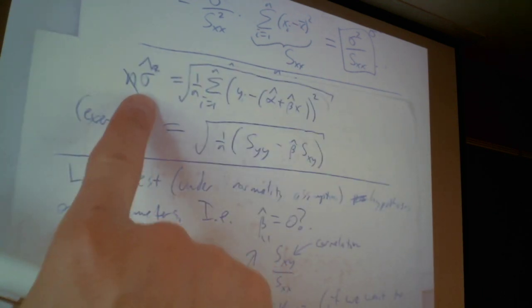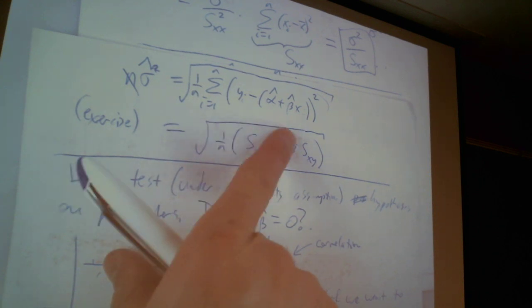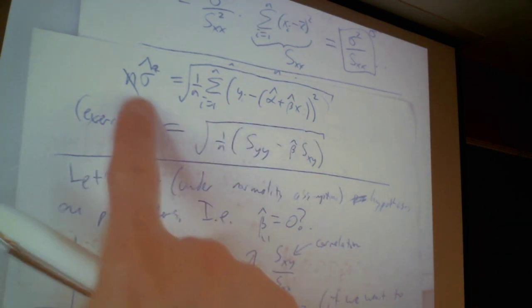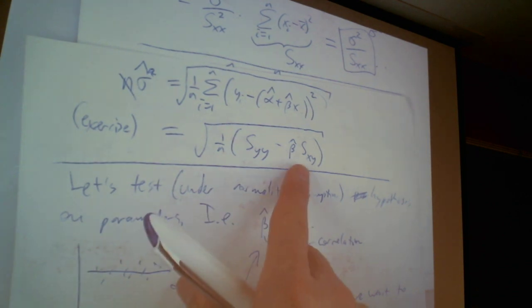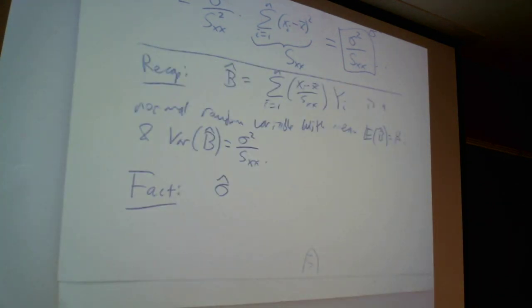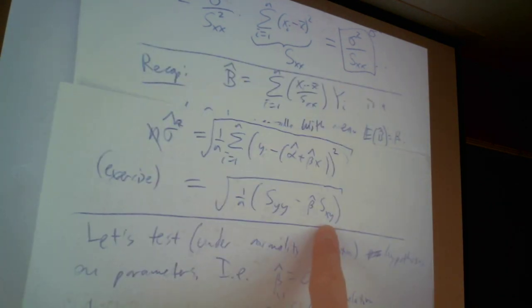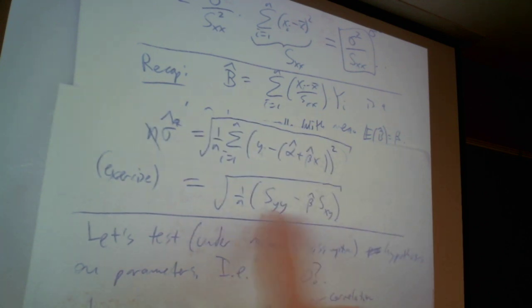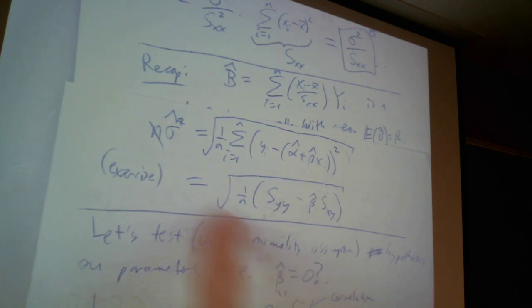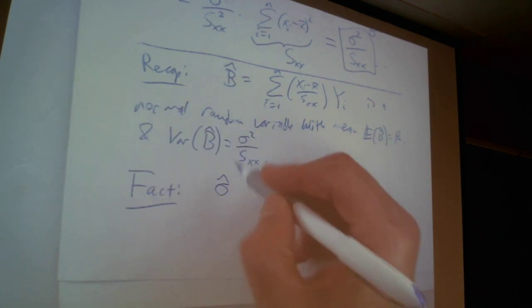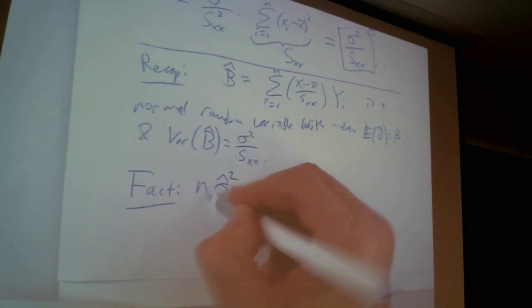We computed this estimator from the maximum likelihood estimation. Sigma hat was this thing. So as a random variable, a function of the y's, the fact is that sigma squared times n,